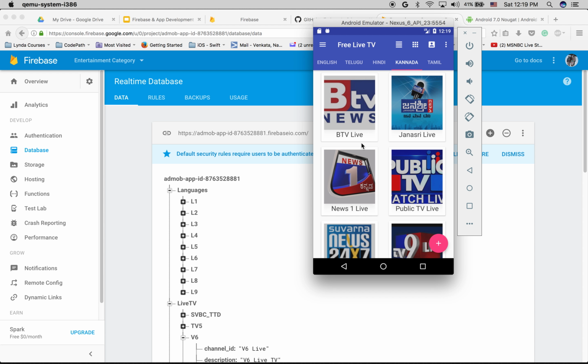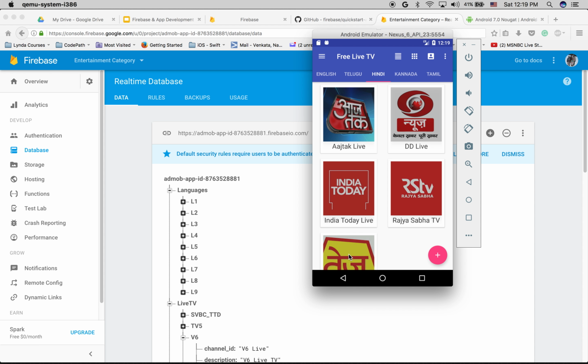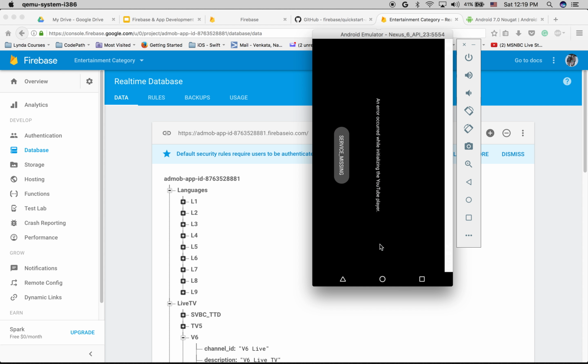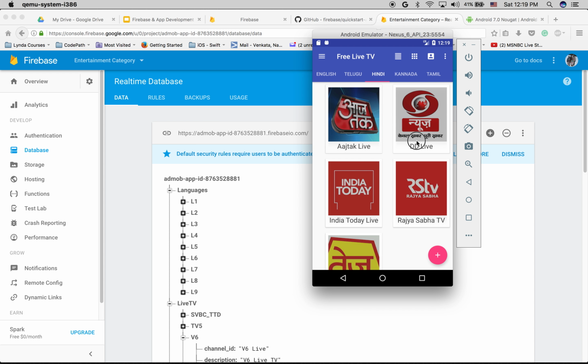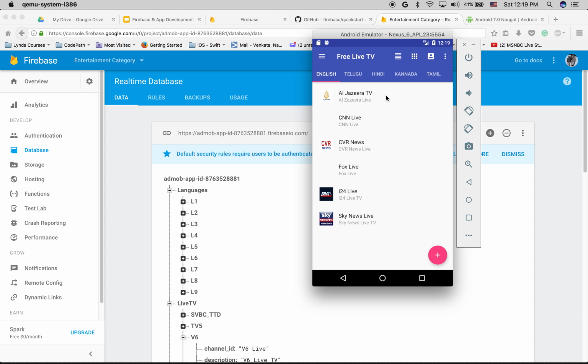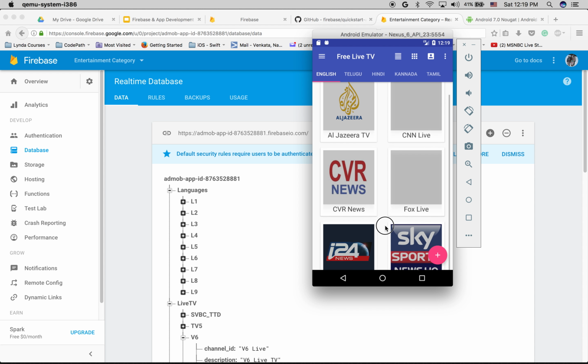So these are all free channels available on YouTube. Let me try to run one. Actually, it's not going to show the video in the emulator. This is the emulator I'm using, not a device. So let me pick one channel. It cannot run on the emulator, but on the device it's going to open and show the live TV channel here. Okay, that's my simple application, and you can show different views, icons and other stuff. So this is a nice application.